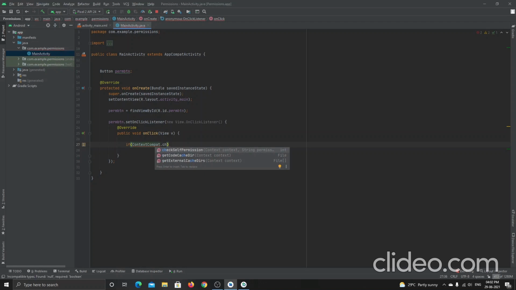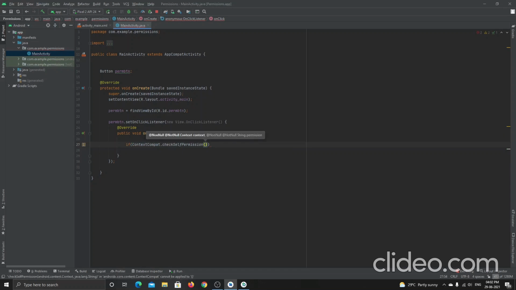It is saying that in the application, to check if there is any permission to write the data, or to call a person, or to access other things like location and all those things, it is used to check the permission by itself.